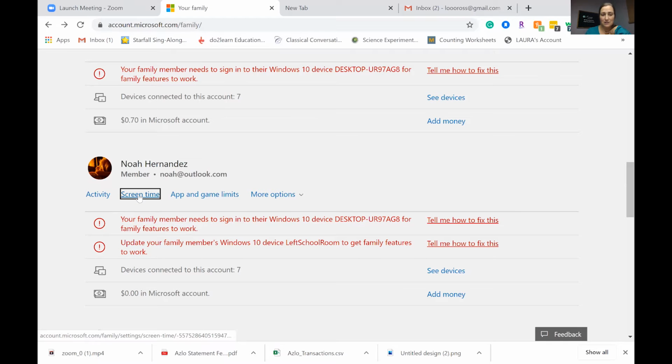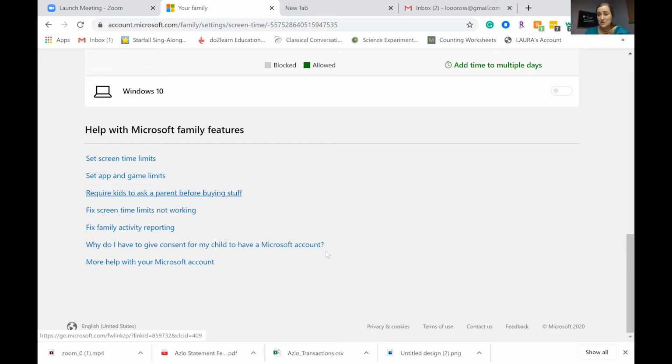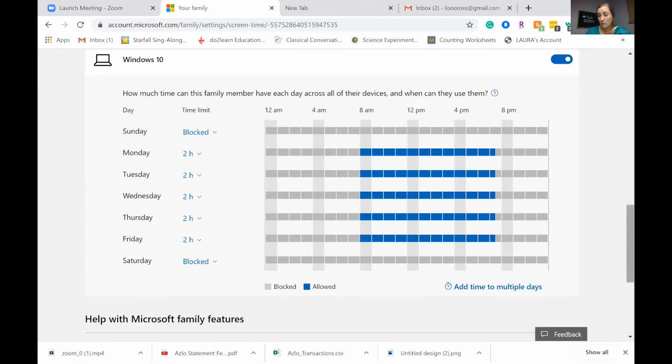And you can click on screen time. You can also see their activity, see what they've been on and what websites they've been on. So if they tell you they've done an hour of math and you go in and you can see that they were actually only on that website for 10 minutes, totally combust them.